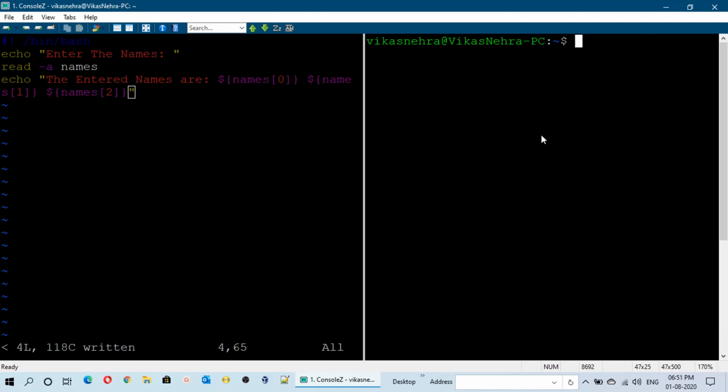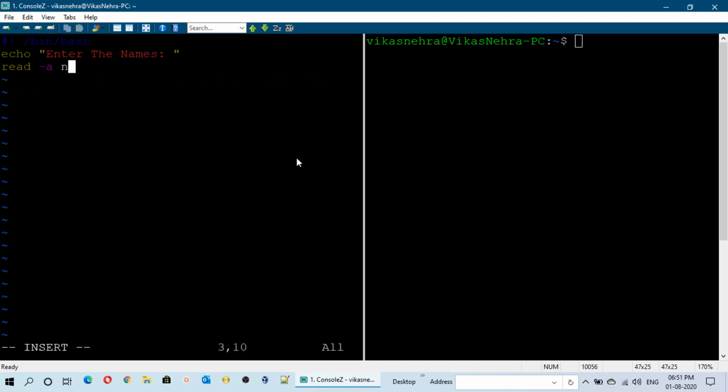Now if we want to use the built-in REPLY variable, we can, even if we don't specify the variable inside the script, and still get the result. I will show you how. Here let me mention echo and the name, and use only the read operator.